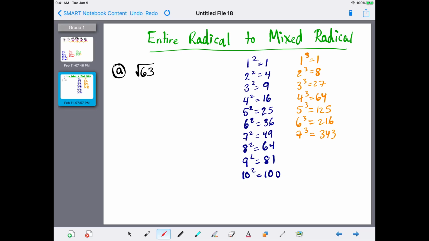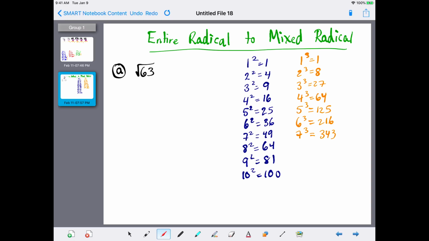In this video, we're going to learn how to convert entire radicals to mixed radicals. What's the difference? An entire radical is a radical when there's not a coefficient out in front, so there's not a number multiplied by the radical. One method to converting entire radicals to mixed radicals is finding two numbers that multiply to give 63, and one